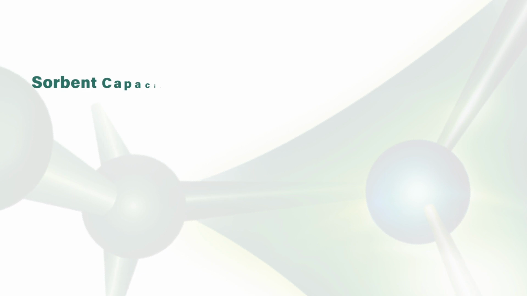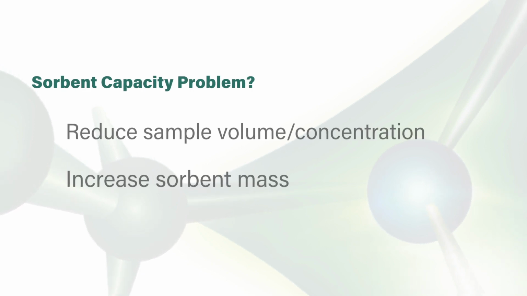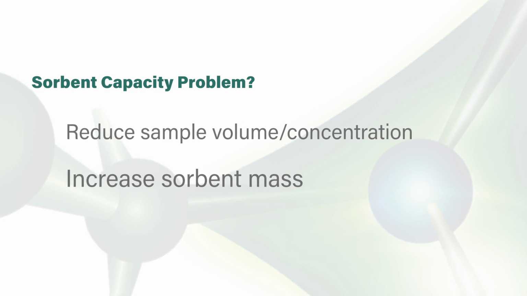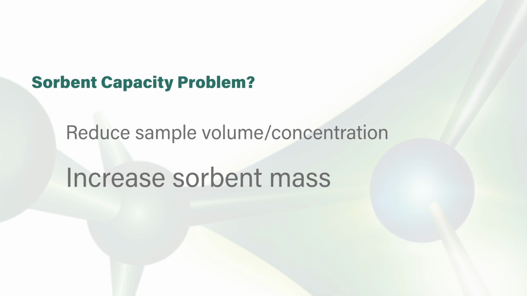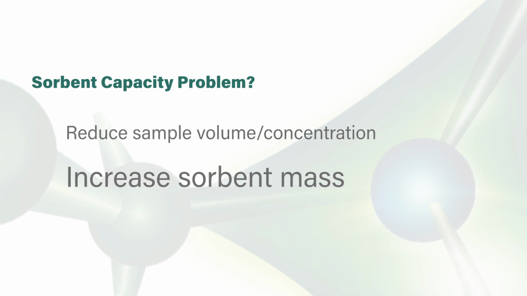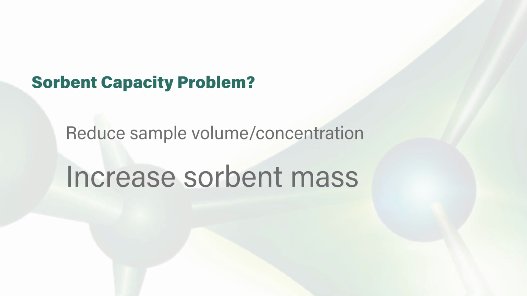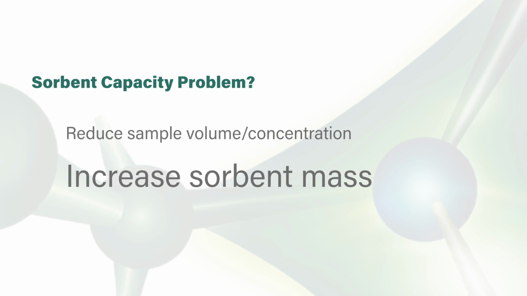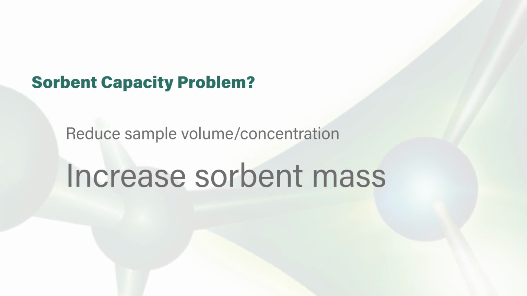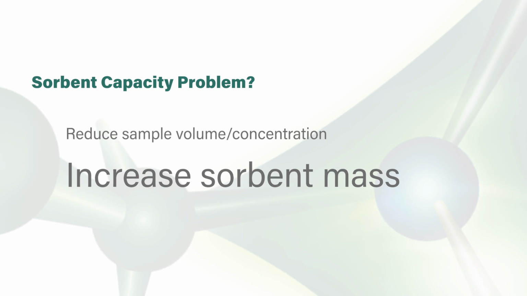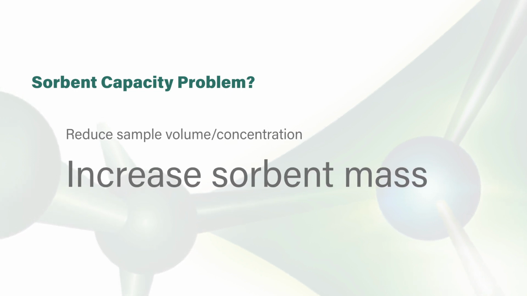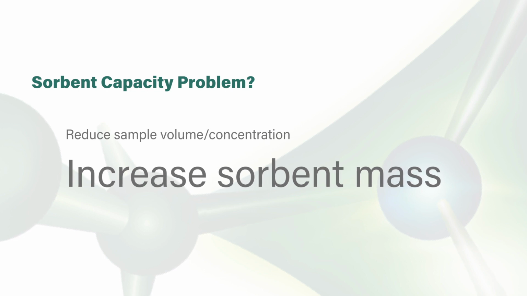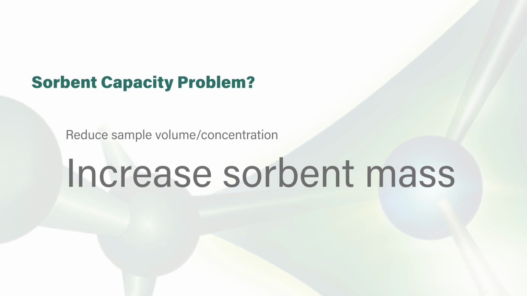You could also be having a sorbent capacity problem. In the neat solution, the peptide could bind to the sorbents, but now the presence of matrix in the actual sample is overwhelming the sorbent binding capacity. In this case, you could reduce the sample mass or the volume that you're loading onto the sorbent, or you could increase the sorbent amount of the solid phase extraction device. However, if you have to do that, remember that the larger elution volume that comes along with a larger device may require you to do an evaporation and reconstitution step that could lead to peptide losses.